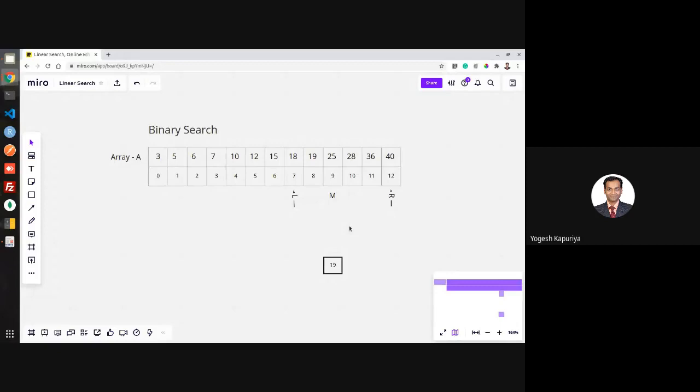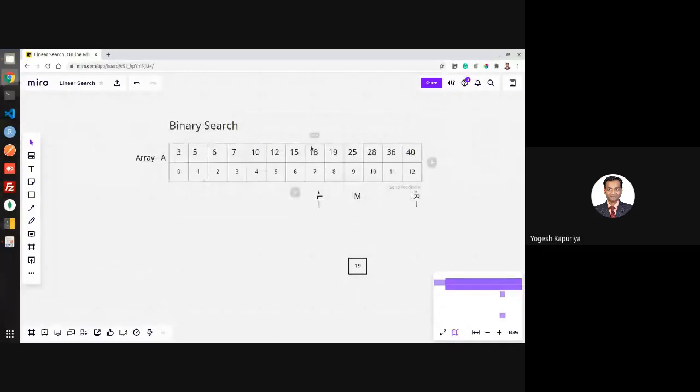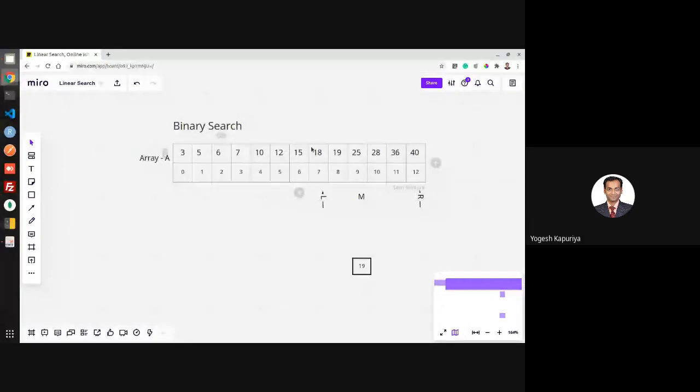Compare the value of A of mid with my value. So 25 and 19. It means that it has to be on the left of this. So this was your array, right? 18, 19, 25, 28, 36, and you have found the midpoint, and you have found that 19 is less than it.